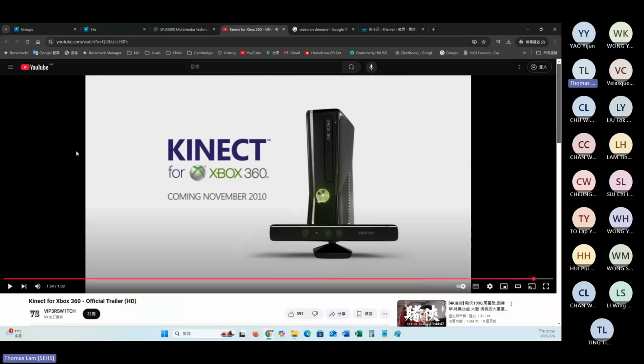Okay. So even though the video is a little bit old, Kinect is actually one of the really successful consoles for playing games. I don't know whether you have this kind of experience before, but it's quite convenient that we can have this kind of sensor that detects our motion and then play around with the game on the screen.